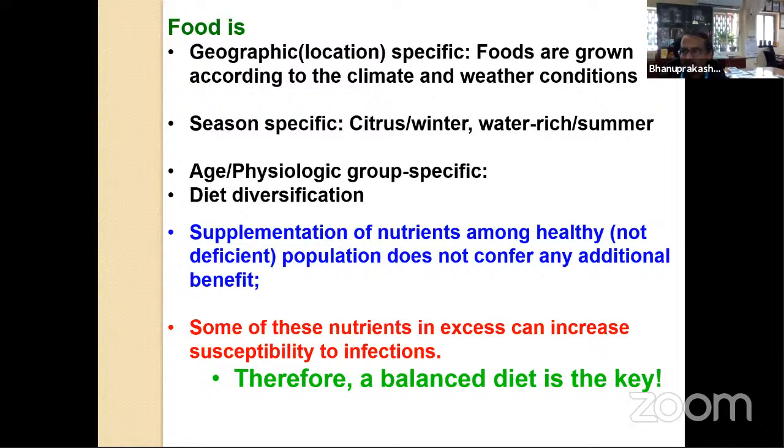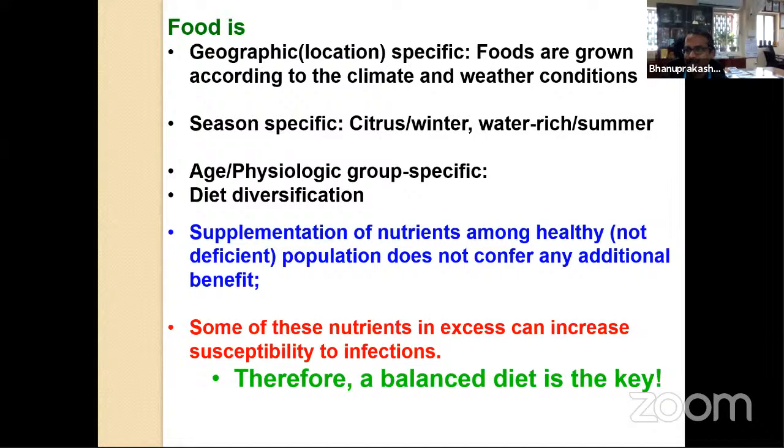Again, foods are age specific and physiology specific. When I say age specific, old people can have some different foods, whereas kids can have some different foods. You know that our ancient people knew what to give in the beginning of the first feeding. Annaprasana anta kada, vedi anna vesi, danta intaki neyi esi pedte, that is good for the kids. But now people worry a lot, saying what will happen to me if I take one spoon of ghee, how fat I will become. It's not really necessary, because you can really take 2 to 3 spoons of ghee in the morning. You can take 2 to 3 spoons in the evening. Nothing will happen.